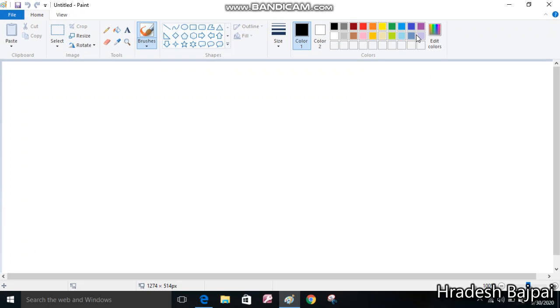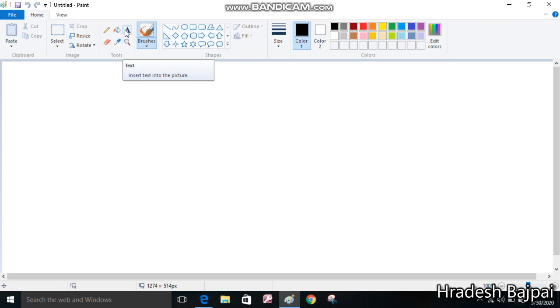Okay, so as you all can see in this screen, there are so many options available here. So I will start with the basic tools used for making a drawing. Okay, so this tool is a pencil which is used to draw free-form line. Okay, with the help of our mouse we can draw lines or any shape using this pencil, but freehand. Okay, and this is called the fill bucket. This is used for filling color in any object.